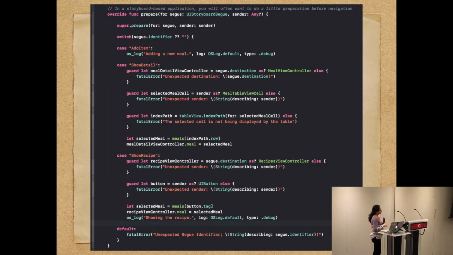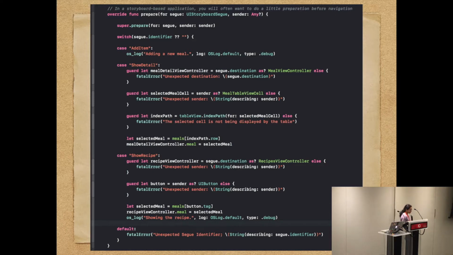All I have to do is add this last switch case for show recipes and just pass on the object to the new view controller, and that's done. However, if we are not using segues and we decide to do it as a new separate nib outside the storyboard and still want to call